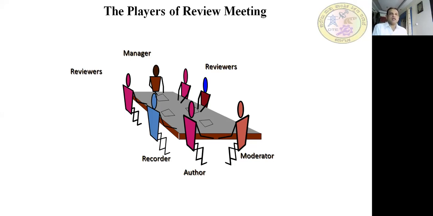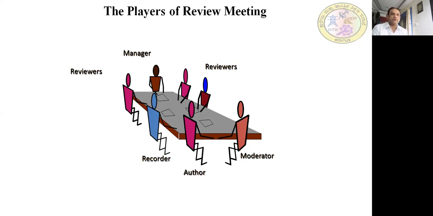The manager just initiates the meeting with the reviewers, whereas the moderator has to organize the meeting completely and take over the decisions, debates, doubts, or problems. He needs to moderate everything, or we can call it coordinate. So these are the various players of the review meeting that we have discussed.